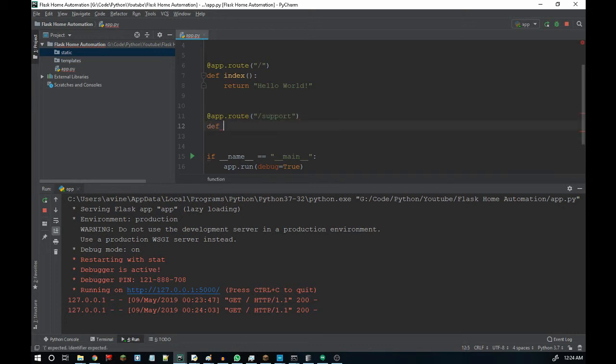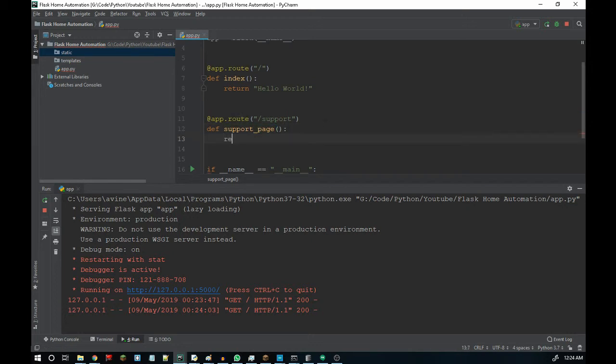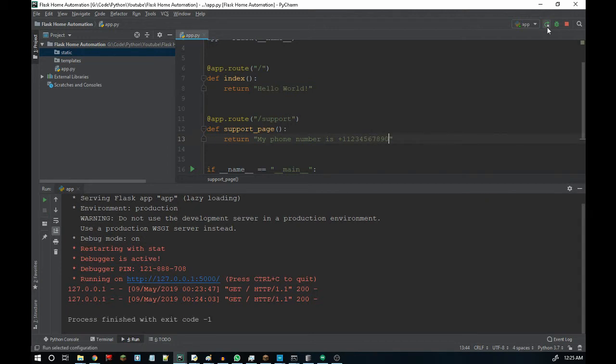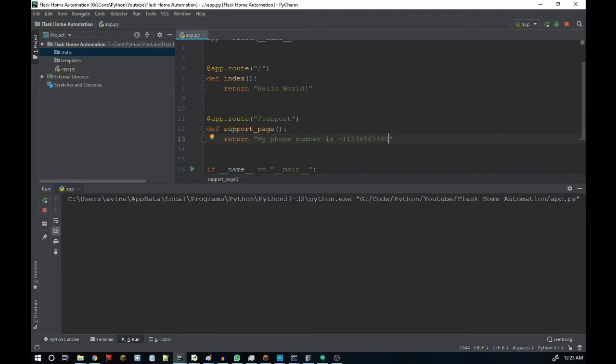And I'm going to call this def support_page. And so I'm going to return here, my phone number is +1 1 2 3 4 5 6 7 8 9 0. And so if we just stop and restart the app,